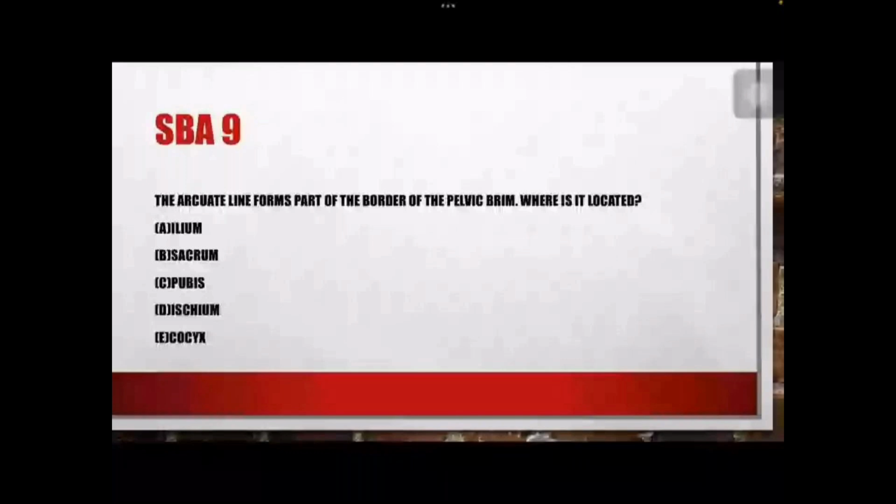So is there any importance of the arcuate line? Why do we study this arcuate line? Okay, so I will tell you the explanation. Arcuate means bow shaped, and there are different arcuate lines in anatomical terms. Regarding the pelvic brim, this is composed of the arcuate line of the ilium, pectineal lines, prominence of the sacrum and pubic symphysis. So this is the diagram, and the red structure that is highlighted is the arcuate line.